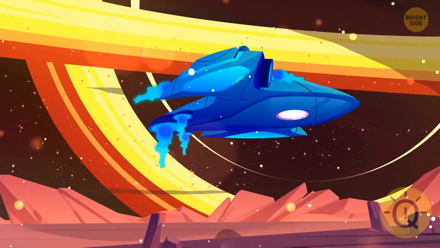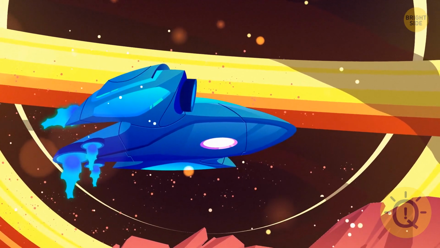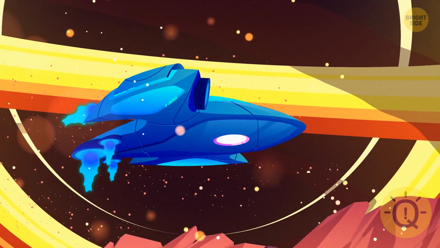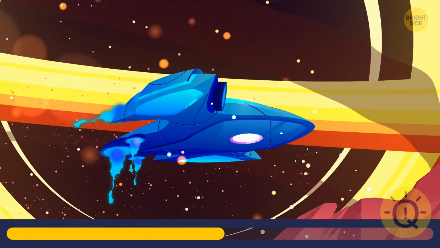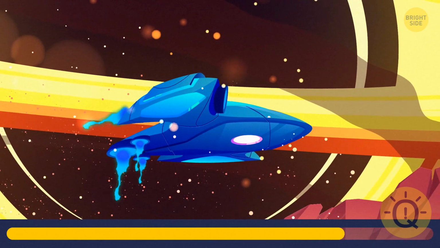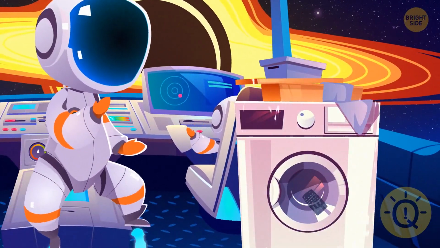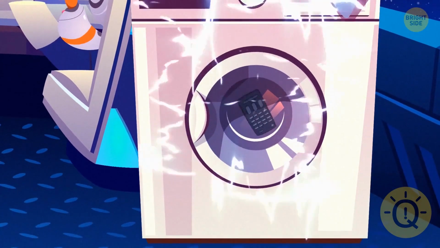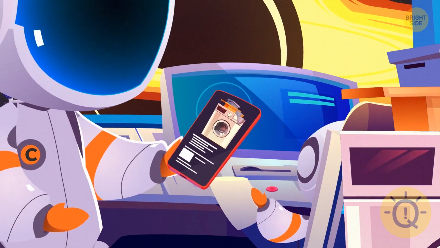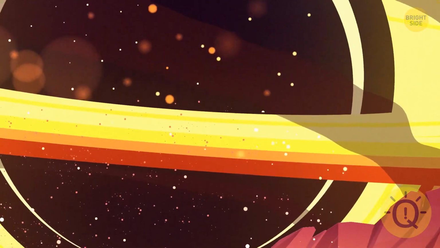The gravitational force of the black hole is growing. Your ship doesn't have enough power to leave this place. What should you do? Use the washing machine. This is also a teleport that can transport you to any point in the universe. You quickly read the attached instructions and open the settings. It worked! Your ship gets teleported to...